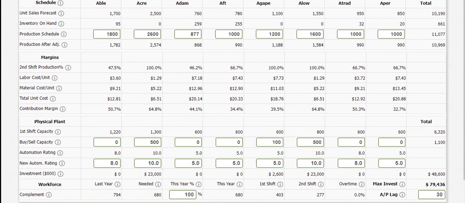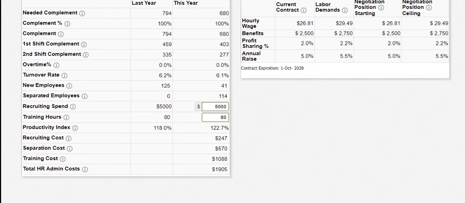Okay, now let's go to human resource. There's nothing we need to do here because we are spending at maximum for recruitment and we are having maximum training hours. If we go to finance,